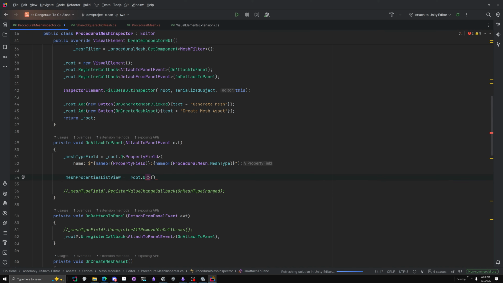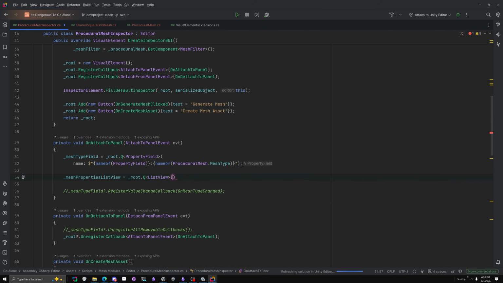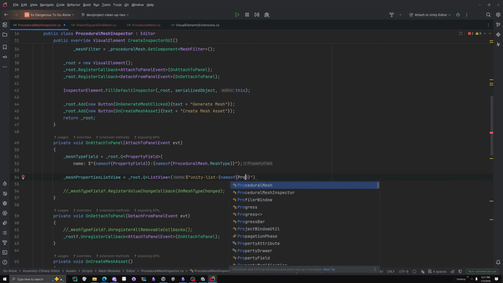I actually have to say list view, and then I say Unity. Now, fun fact, this actually has to be a specific name. I'm not kidding. This is actually Unity set name. So whenever you're trying to get a list view for a serialized reference, to get the actual thing, you do Unity-list-name of, and you actually return the actual